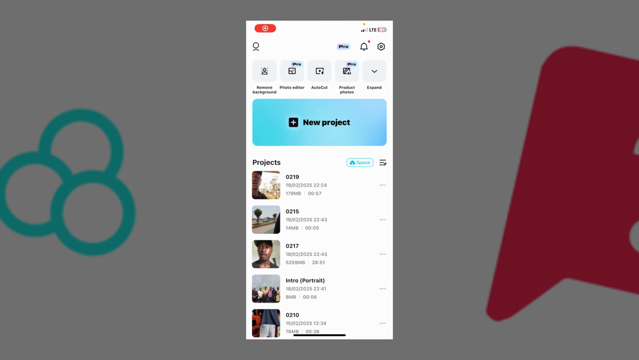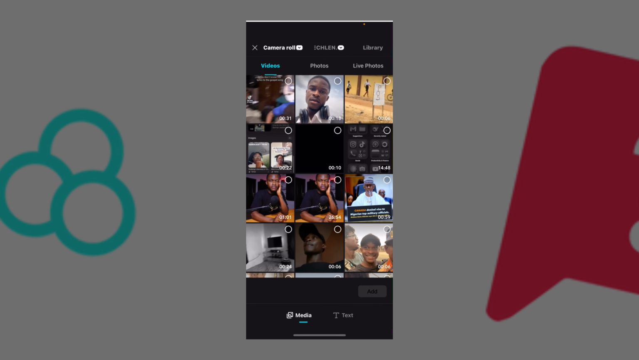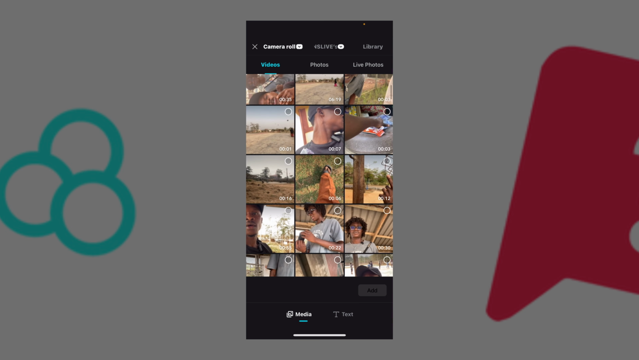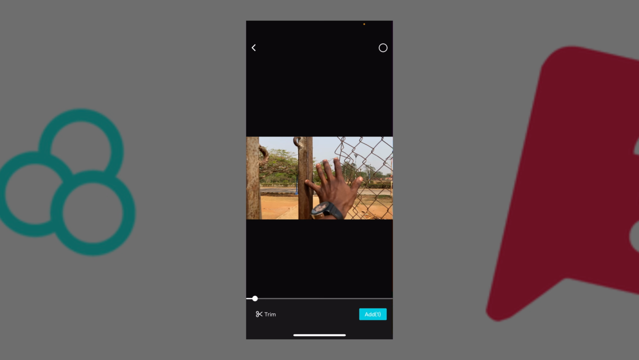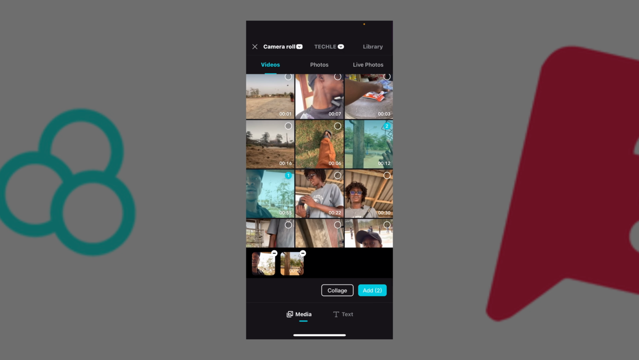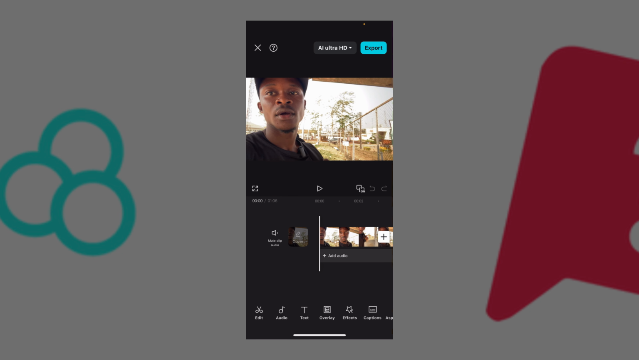Now we are in our CapCut app. Let's say we want to edit a YouTube video, that's a long form video. We'll click on new project and then import the video we want to edit. Let's say this and this. We'll click on add, and when it is added, first thing you should do is go to aspect ratio, click on aspect ratio, go down to 2.35:1 and click on it,